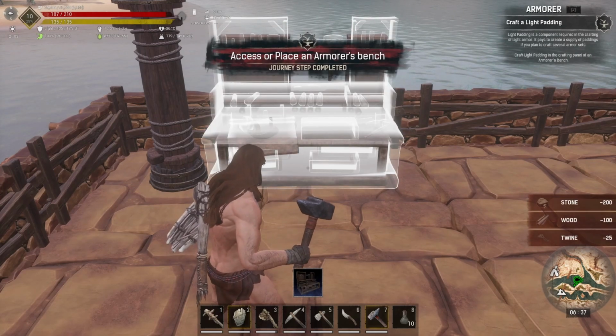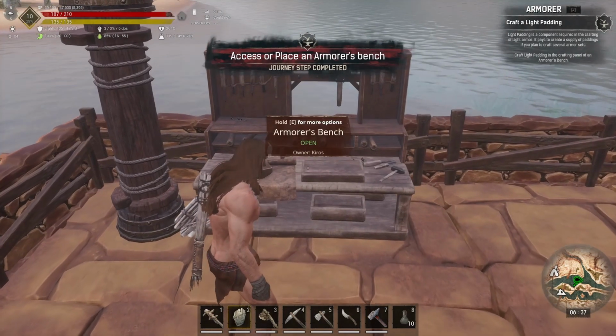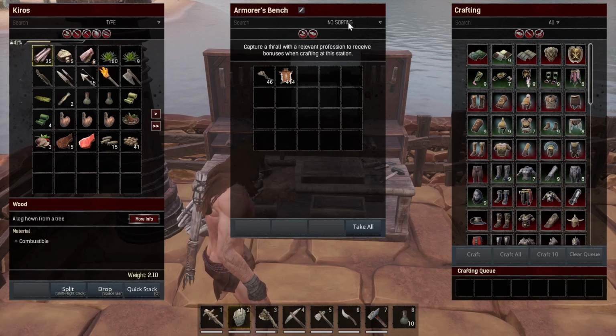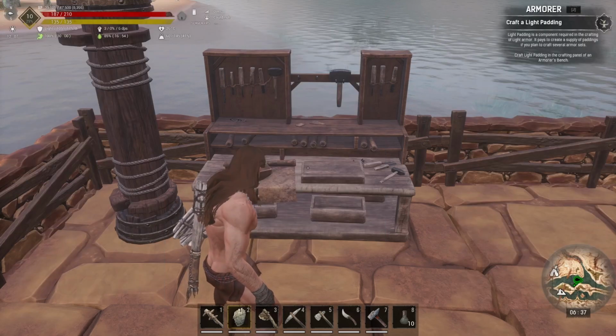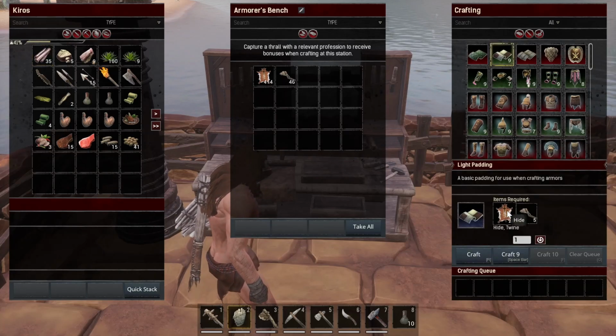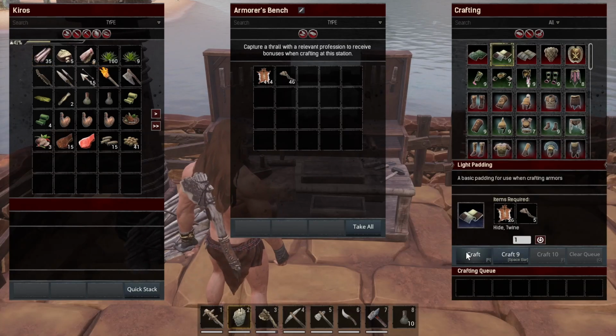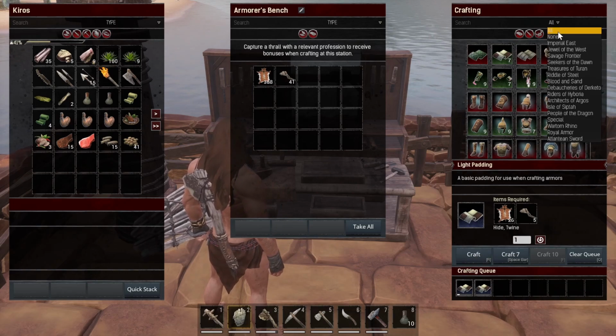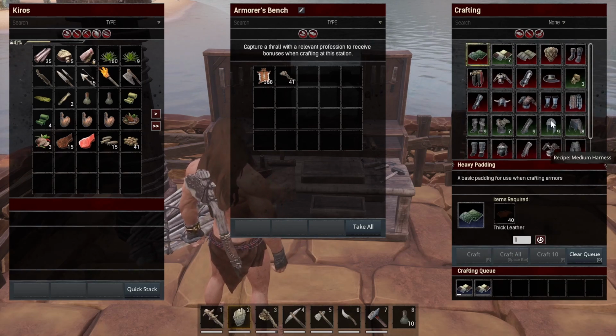Right there. And now with that, we can put this stuff in here. And it wants us to create light padding. So to create light padding, you need 26 hide, 5 twine. We'll craft a couple of those. And now I'm going to turn off my...